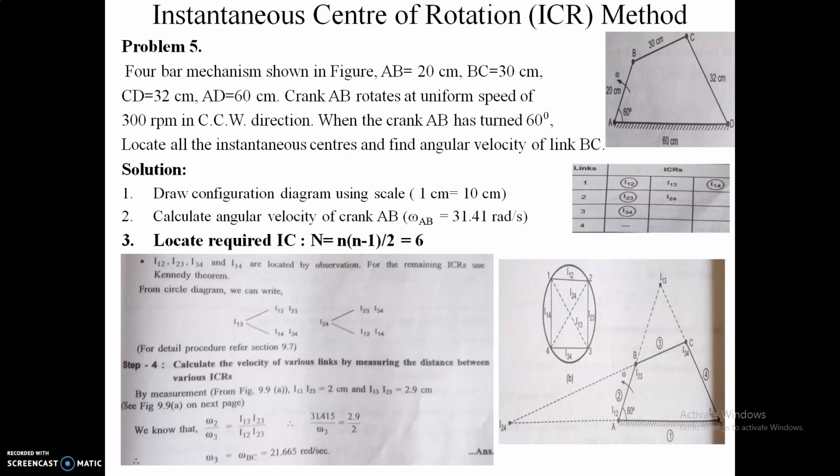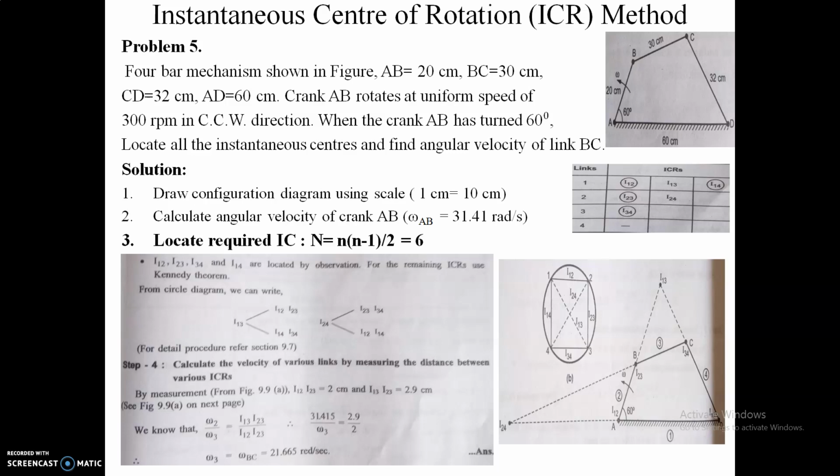Then for link number 3, the first suffix is the link number 3, I keep 3, and after the 3 comes a 4, so I have written the second suffix as 4, so the IC becomes I34, that is the instantaneous center 3 4. In this way you have to write down the number of ICs in the given mechanism. Then you draw. Whatever the IC is possible to locate easily by observation, that is a fixed IC and permanent IC, you mark by a circle.